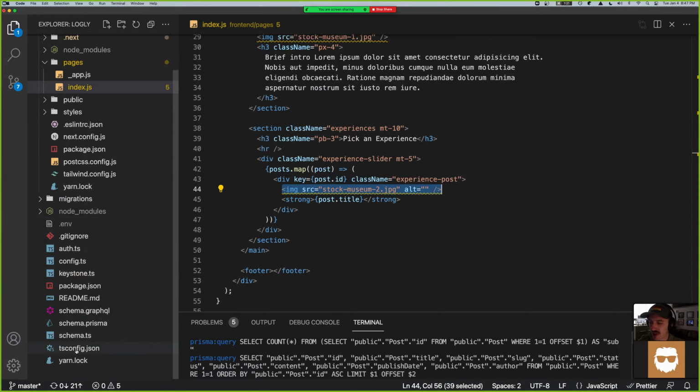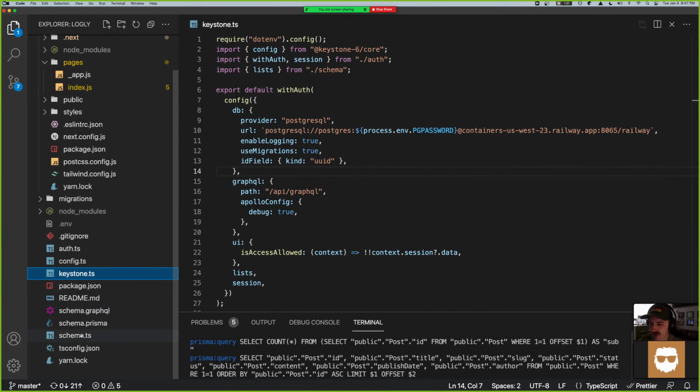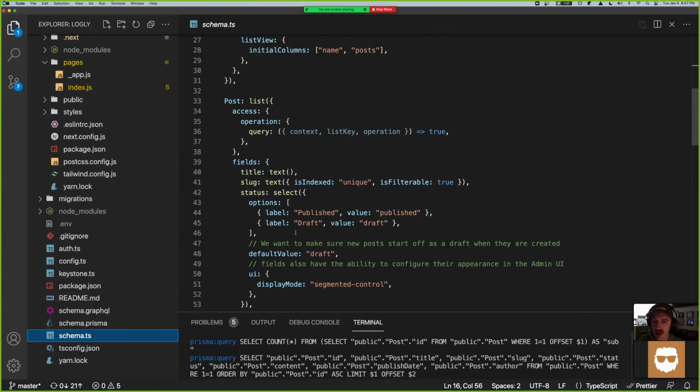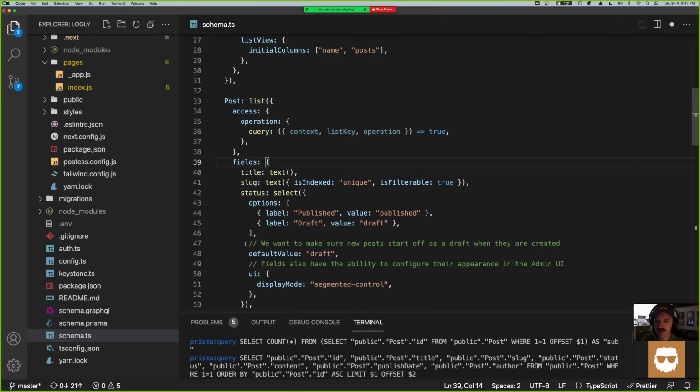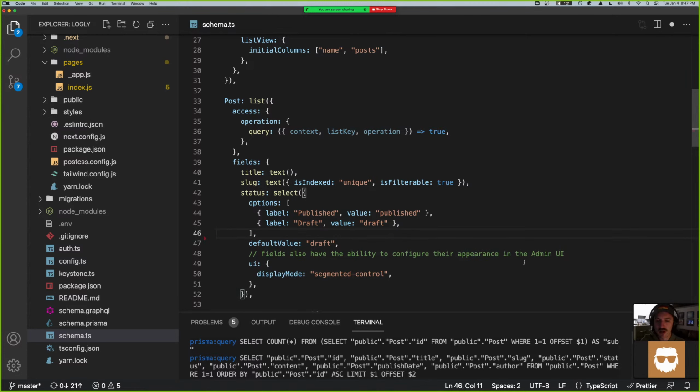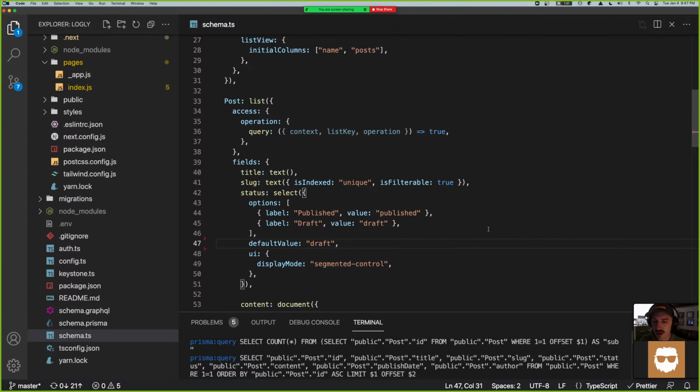So on the definition of the schema for a post field, we could have just like poster image blah. That's a good point. Why don't we go ahead and do that?